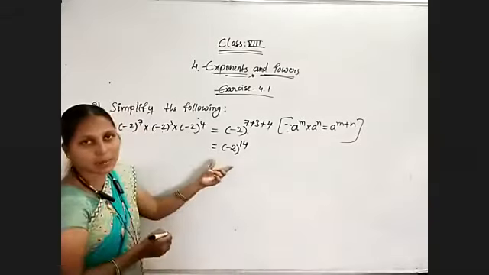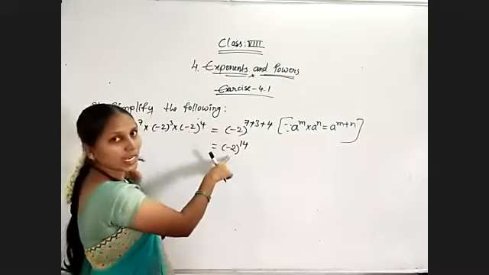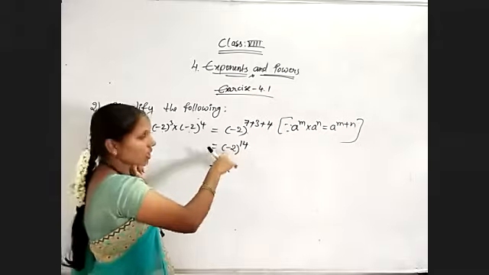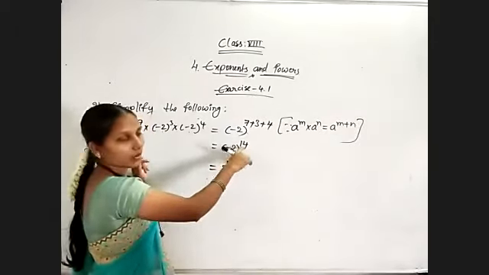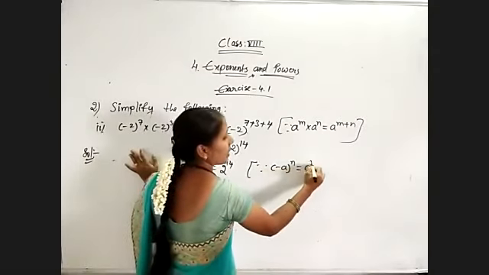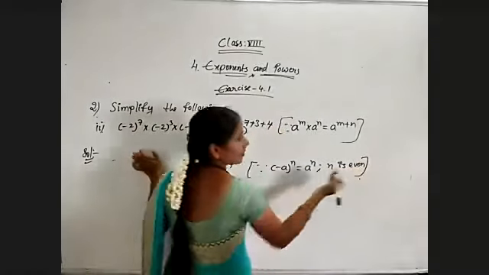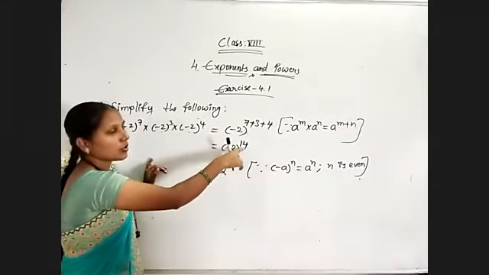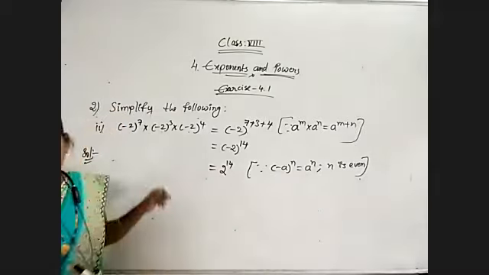Now the simplification is still not finished. The exponent is positive, but what about the negative base? In this case, what will we get? It is an even number, no? We get a positive value, that is 2^14. 14 is an even number, no? Since (-a)^n is equal to a^n when n is even, and 14 is even, (-2)^14 will be equal to 2^14, simply. Understand? Now coming to the next problem.